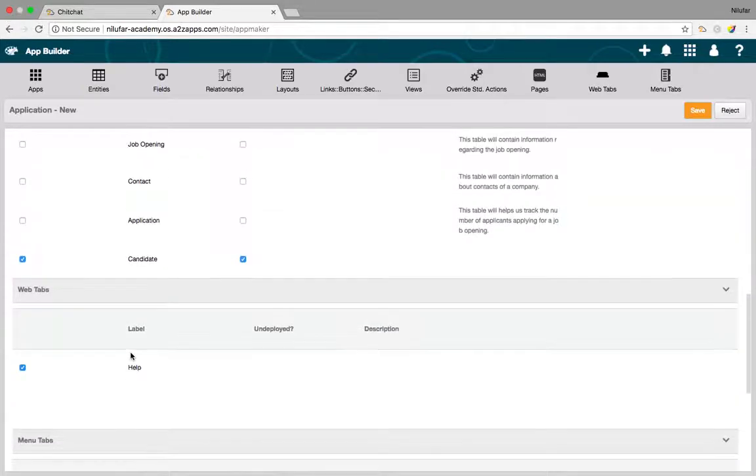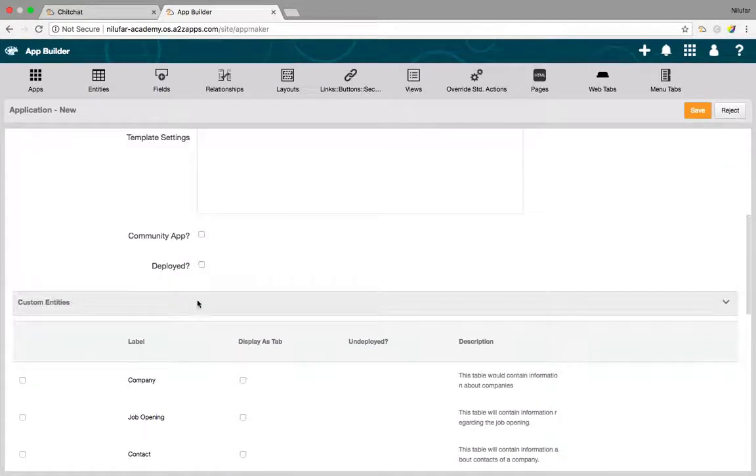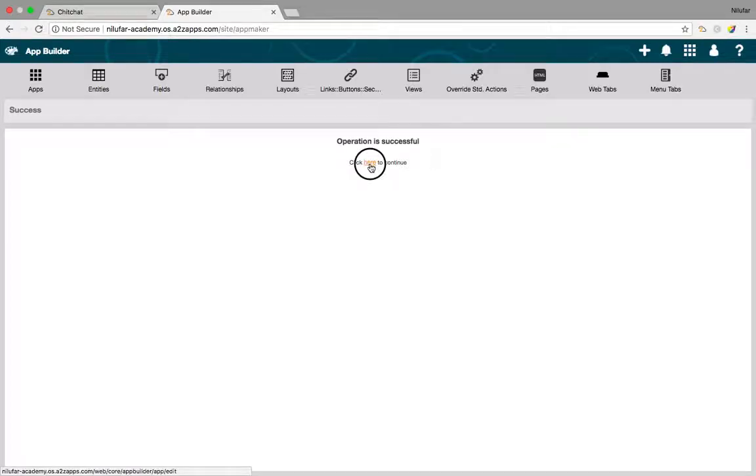All right, so the last thing we need to do is deploy our app. Since I am the super user of the system, I can view this app, but to make this app visible to the other users of the system, I need to deploy this app. Right now, my system doesn't have any other user. I'm the only user. I'm going to talk about users in more detail in my upcoming tutorials, so do stay tuned for that. As of now, I need to deploy this particular app. So I'm going to click on deploy and save it. All right. Now my app has been created successfully.